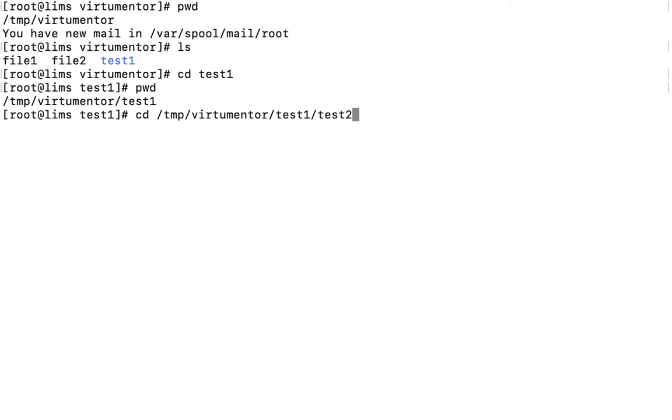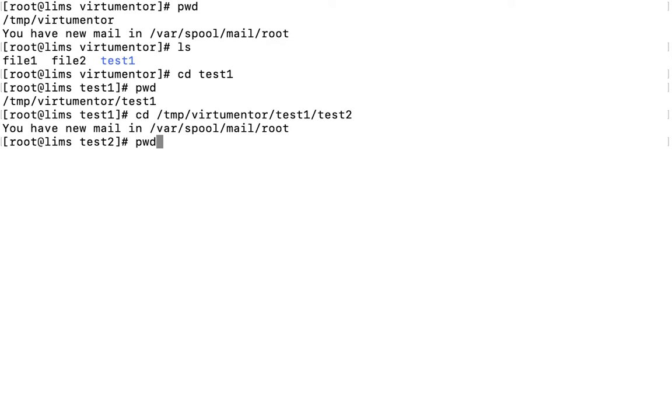It means that the path starts with the slash, the root. This slash is the root directory. Under this we have the tmp directory, and under the tmp we have the virtumentor directory, and like this we have many more directories in the directories. So we can change the directory using an absolute path as well.